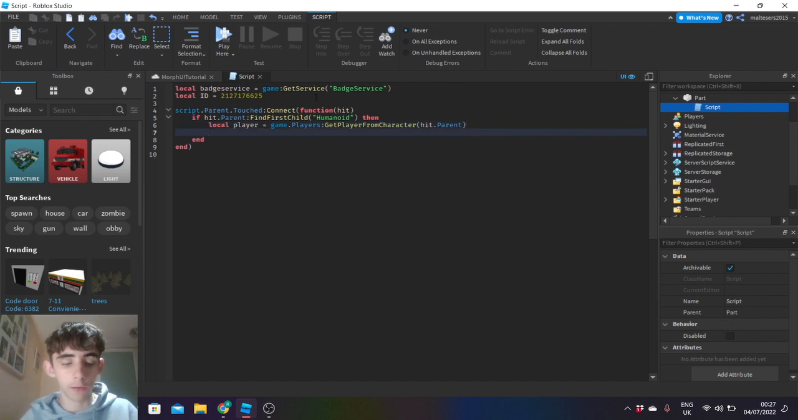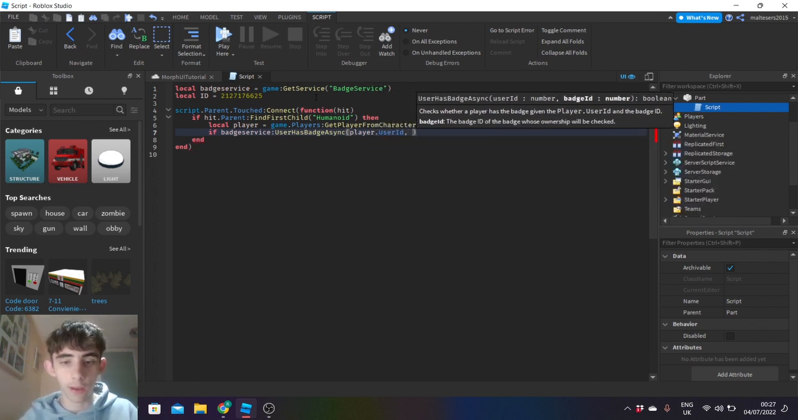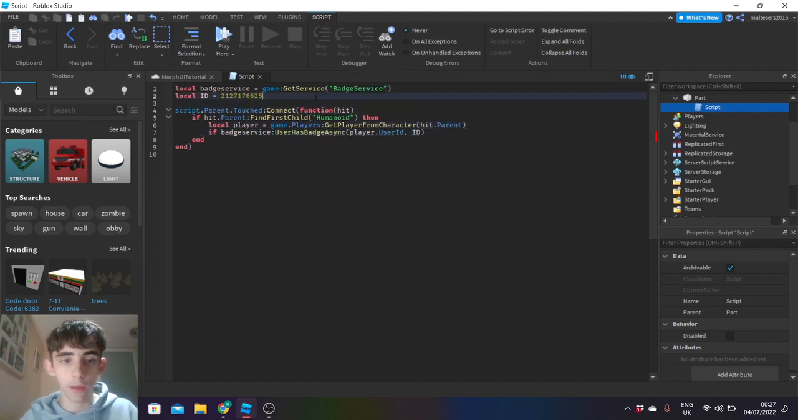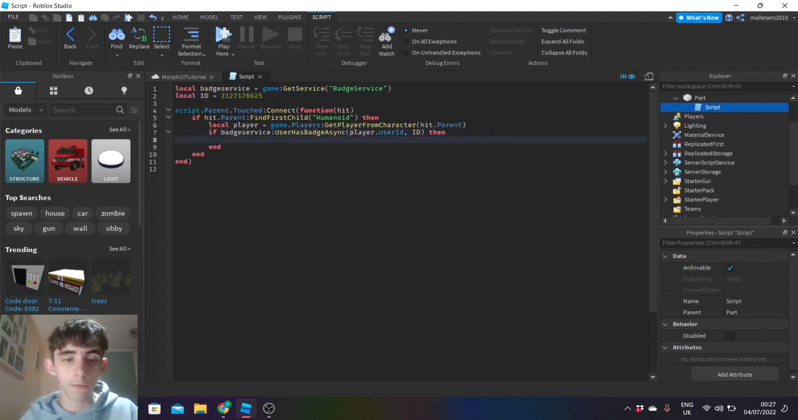Okay, and now what we're going to do is go if badgeService:UserHasBadgeAsync(player.UserId, and then you want to grab the ID of the player, add a comma, and then just type the ID or the value you've got up here. You just want to type whatever this variable is into the brackets here. Now you've opened two ifs. You've got to make sure you close both of them at the end. It normally automatically does it down here, so that should be fine. And if that does it, then you're just going to go here. I forgot one bit. If that's going to equal false,